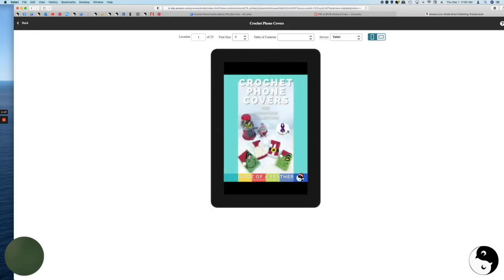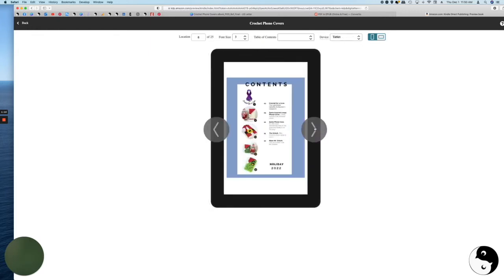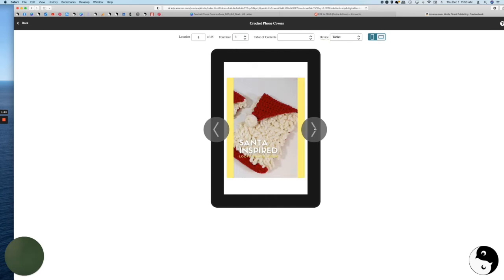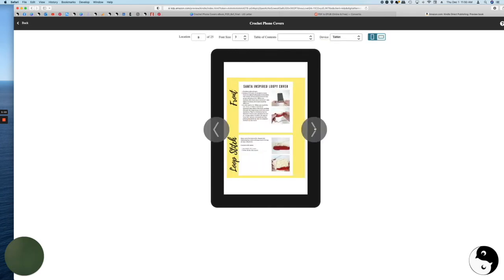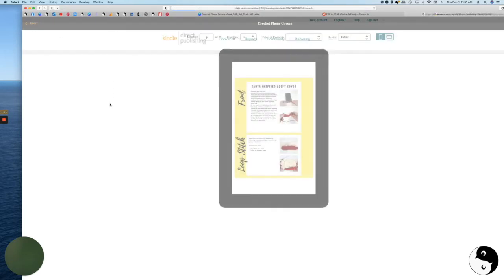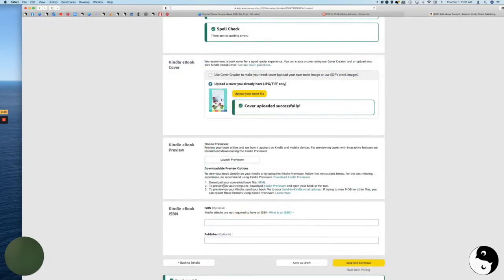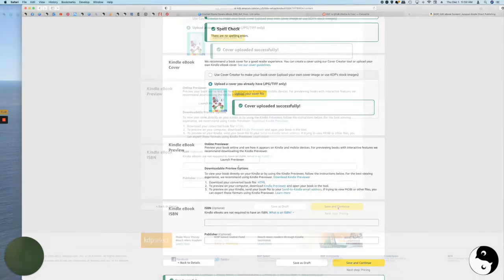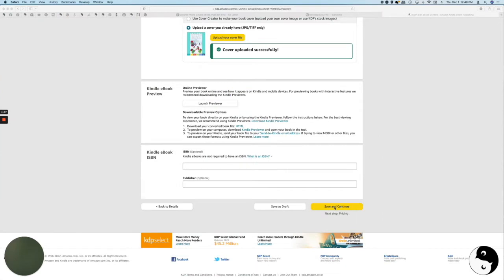So I'm going to go back to the tablet view, and you just want to check each and every page. It is a little difficult to see, but it's still a good idea to do it. So I'm going to head back here. Now, if you like, you can also preview your book on Kindle, and you can send the file to your email address here. Once you're happy with your preview, go ahead to save and continue, and the next step is